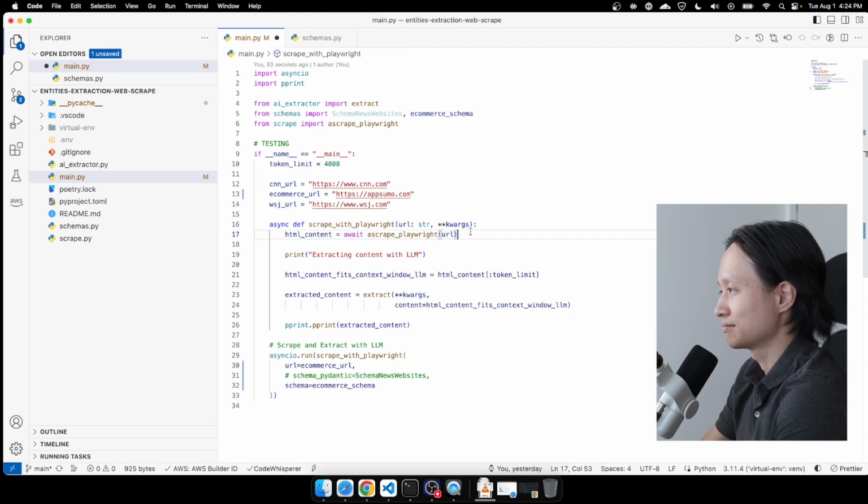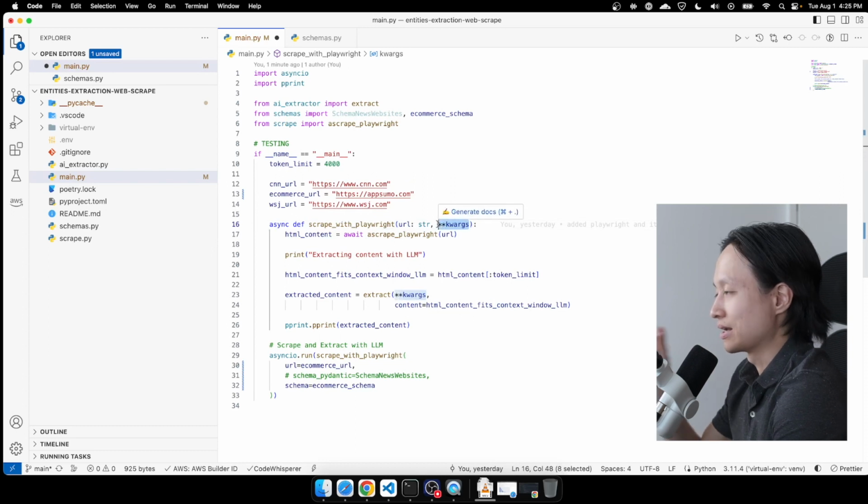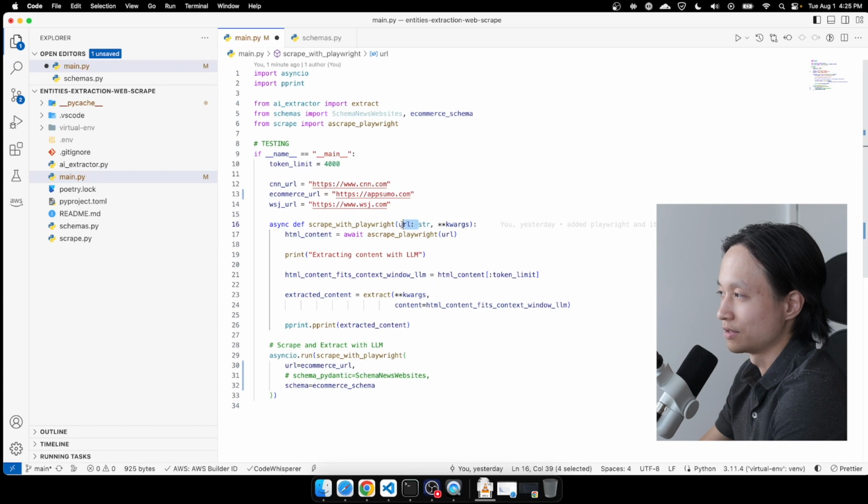And then this, I call this kwargs, but this is another Python syntax where you can pass an undefined amount of parameters into a Python function. If you want to do so, you can just call it this, and Python will automatically understand that that's just a bunch of parameters that might or might not go in there. Other than this,